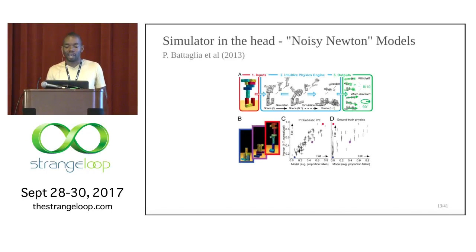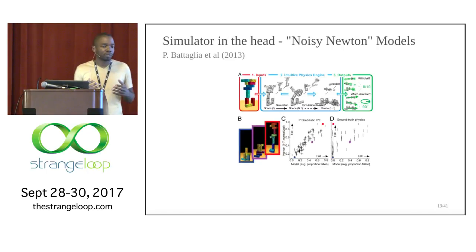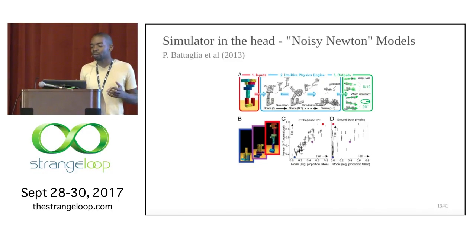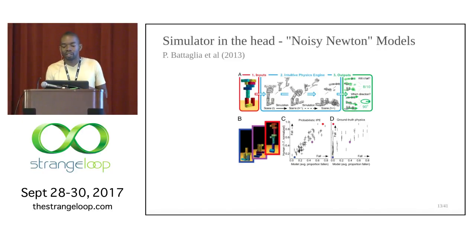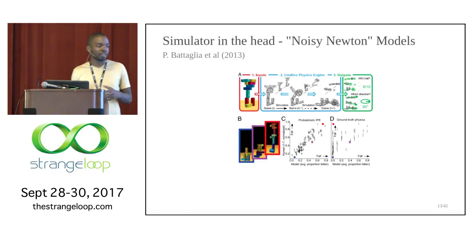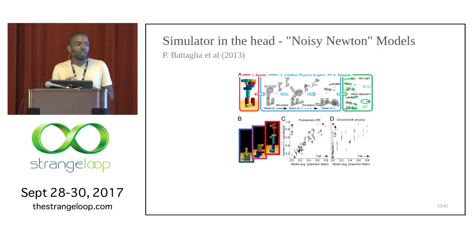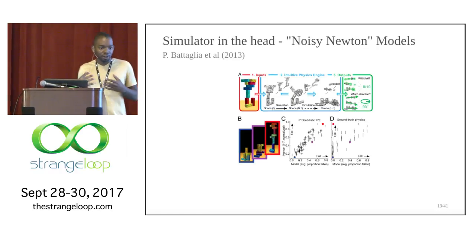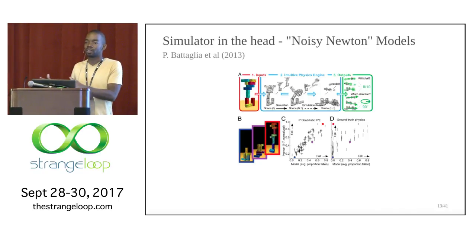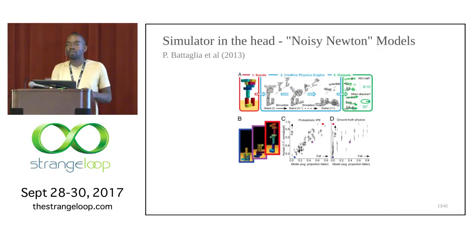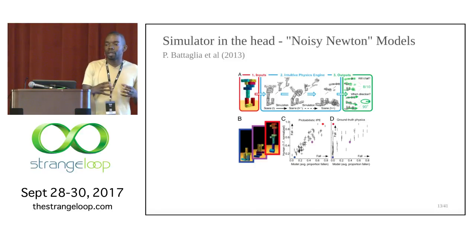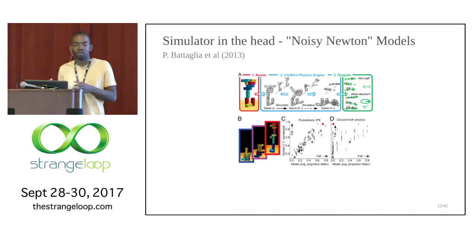And so he built a model of this problem, and the model is what we sometimes call a noisy Newton model. And it's noisy because there's intrinsic uncertainty in the domain, right? So when you look at this tower of blocks, you don't know precisely where the objects are. You don't know precisely what their masses are. You don't know precisely what their friction coefficients are. And these are the pieces of information that you need to simulate this model. And so what they do is they sample from a probabilistic distribution of values. So for example, in one case, maybe the mass of a brick will be 100 grams. In another case, it will be 105 grams.